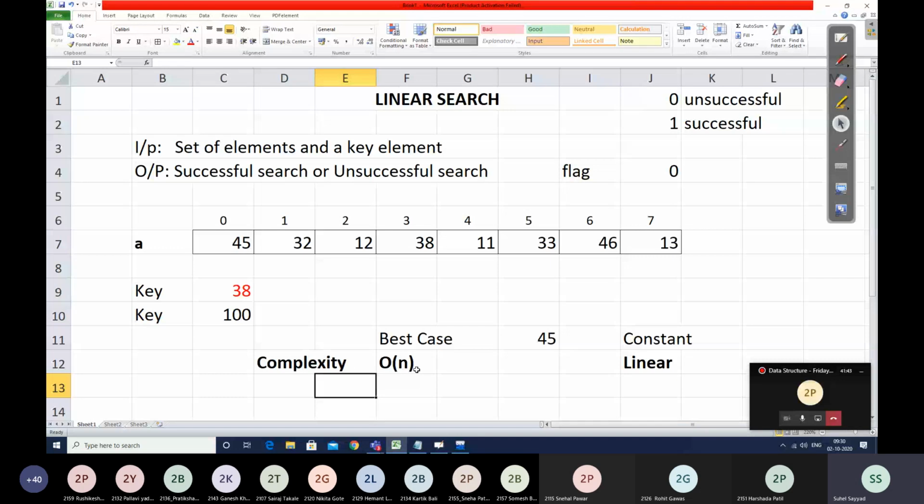Roll number 16. Do we have roll number 16? Bhairavi Patil. Yes, sir. What is the linear complexity that I have mentioned here? What is the meaning of that linear complexity? Why is the complexity of linear search written as linear?